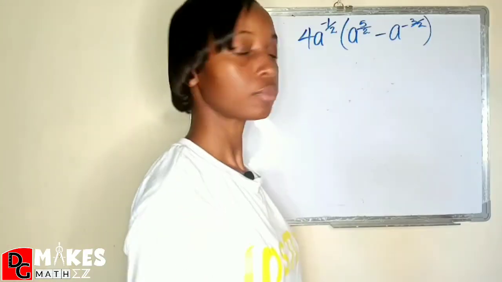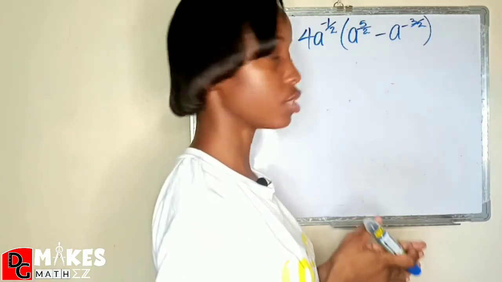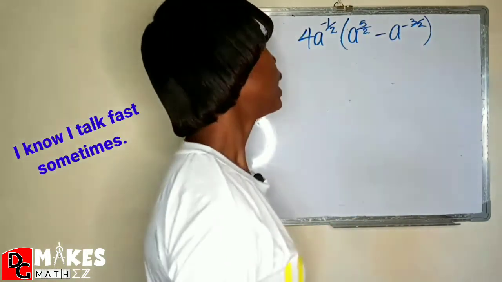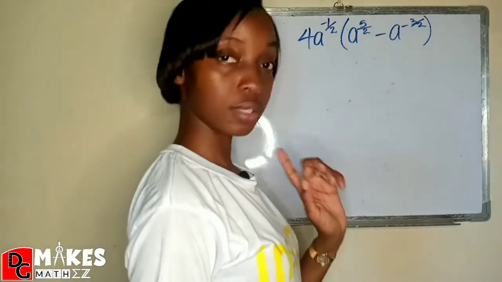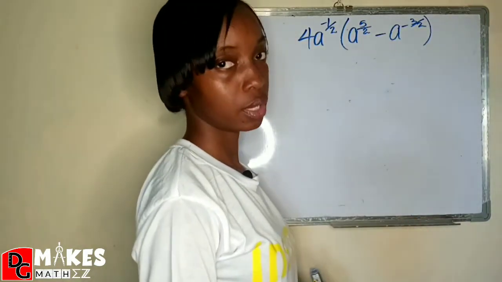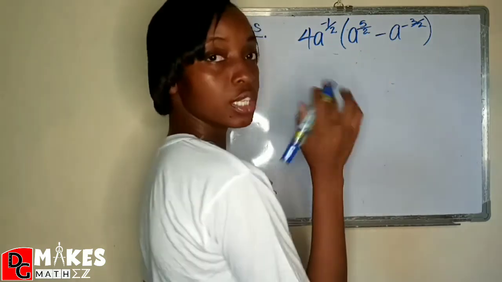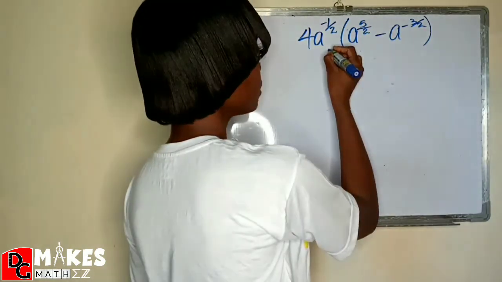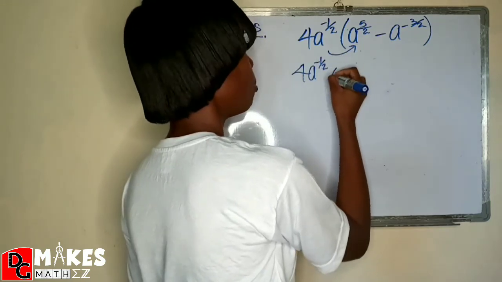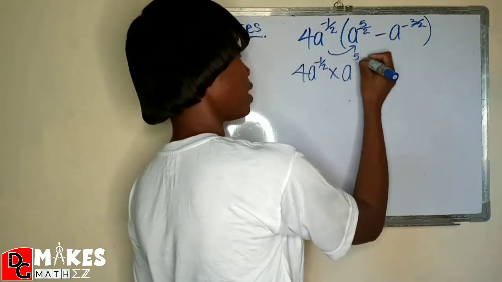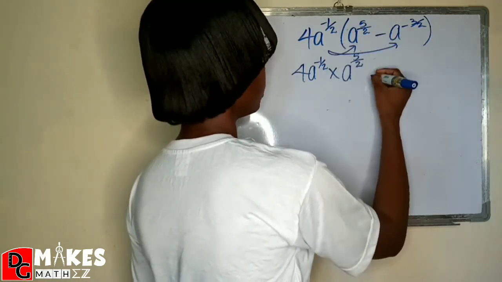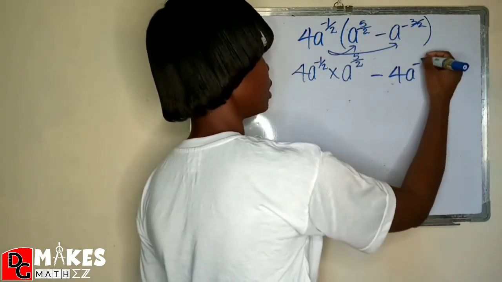We're done. Before we move into our next question, feel free to pause the video at any time to make notes. All right, this question requires for us to not just know the laws of indices, but to also know how to use the distributive law. So we will multiply 4a to the -half by a to the 5 over 2 minus 4a to the -1/2